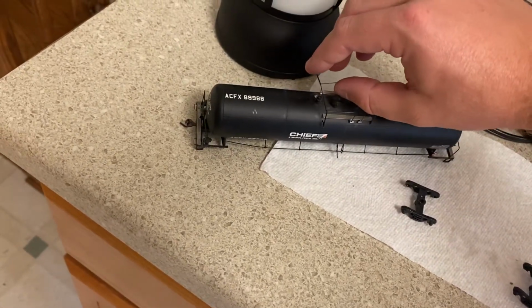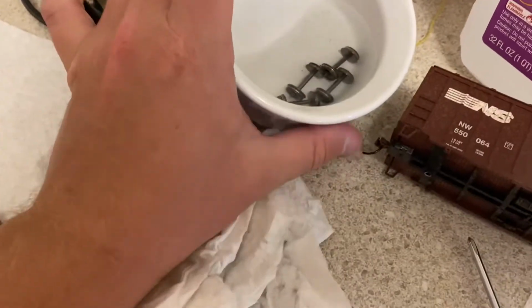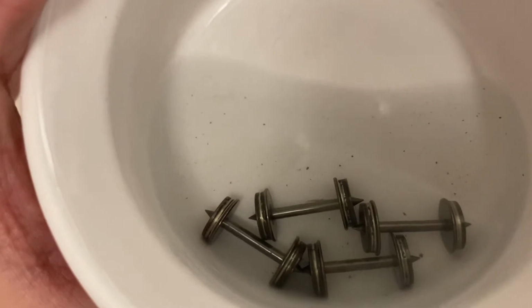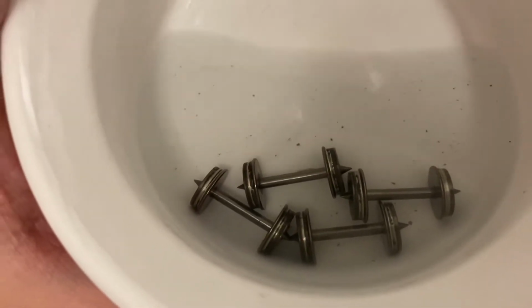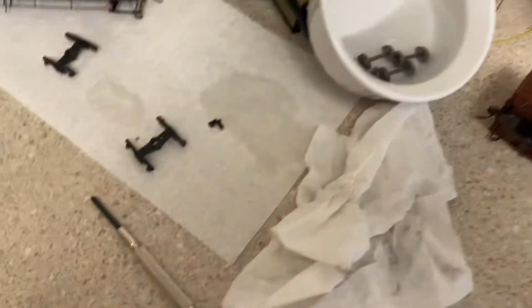The car has seen better days, and I apologize for the way it looks. But I've been working on the handrails, and I've got the wheels and the alcohol, and you can see these have got to be the worst yet. Look how nasty those things are. A lot of dirt, a lot of dust, and the